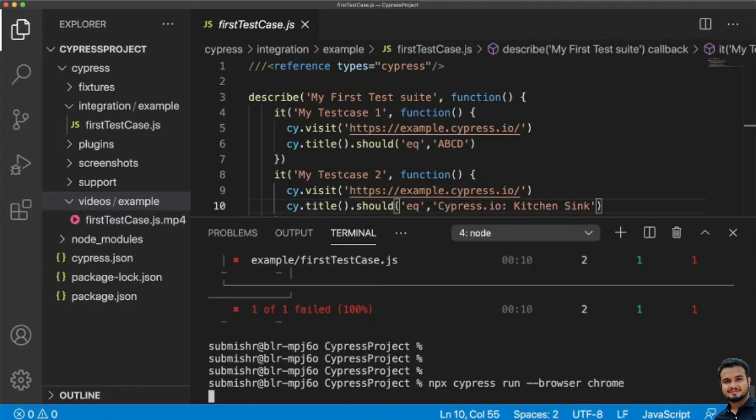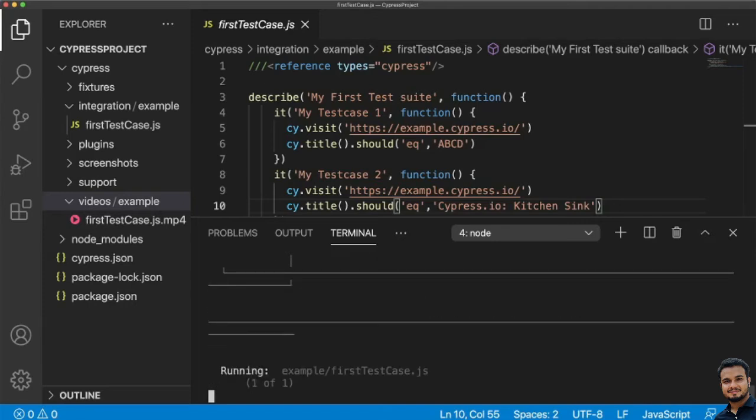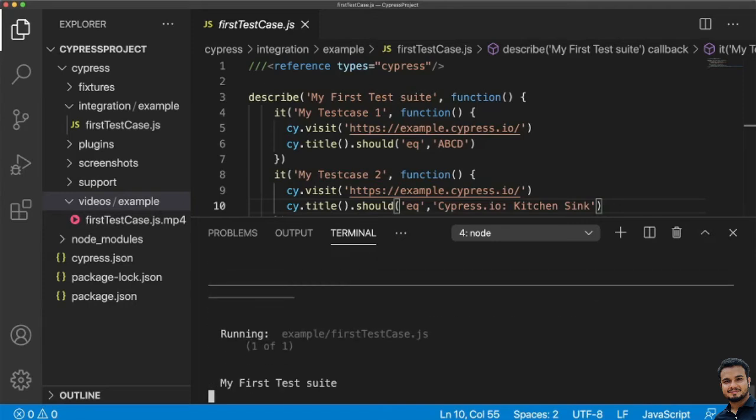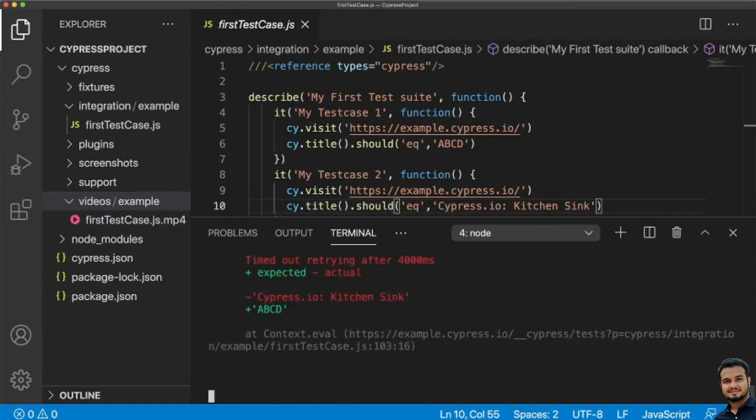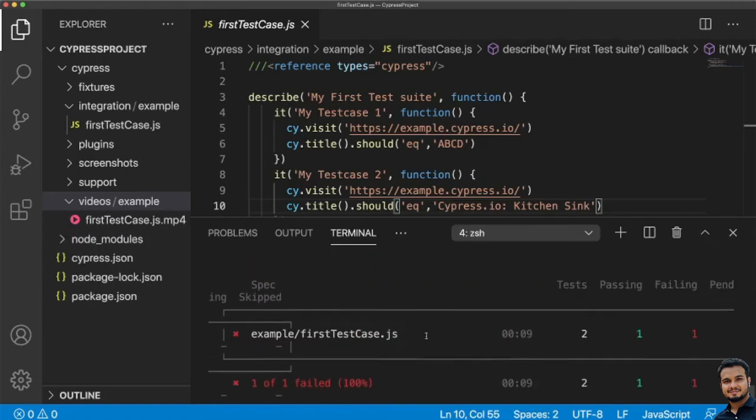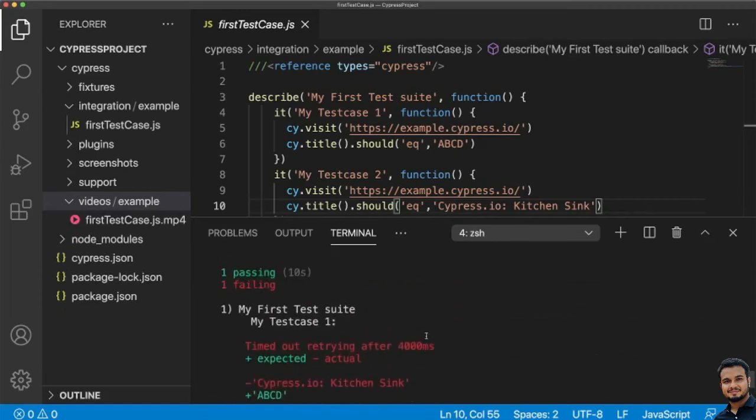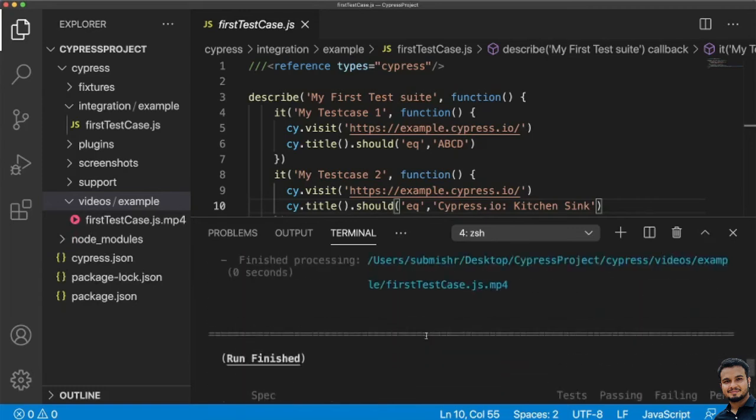Let me execute it. You just need to understand these commands, so you can execute all these things from your terminal. We will also see how to do it in the Firefox browser. So, it got completed. Now you see what it showed us.